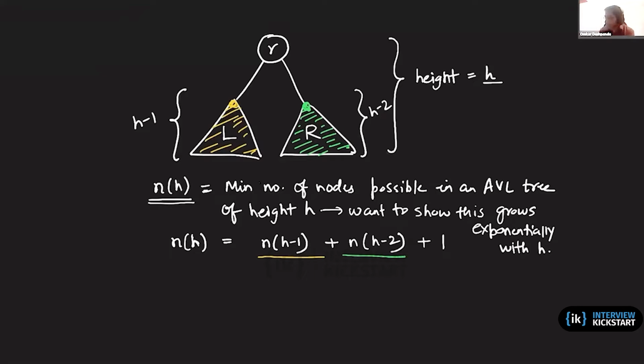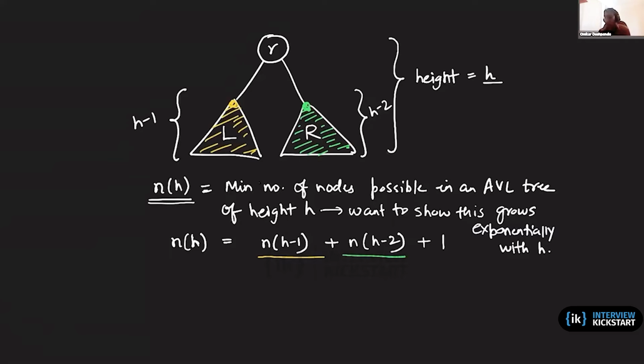So in a similar way, if somebody comes and says, I have the smallest possible AVL tree ready for you of height h, and I notice that both of these have a height of h minus 1. What I can do is take one of those two subtrees, let's say the right subtree, and prune it down by removing all the leaf nodes to make it height h minus 2. By doing that, I would be preserving the AVL tree property everywhere,